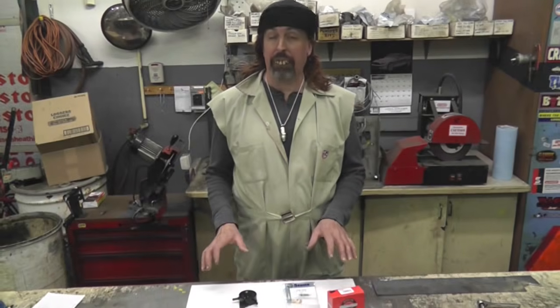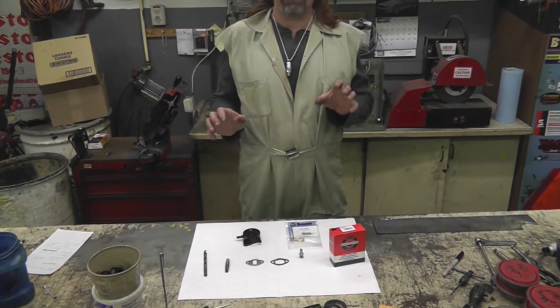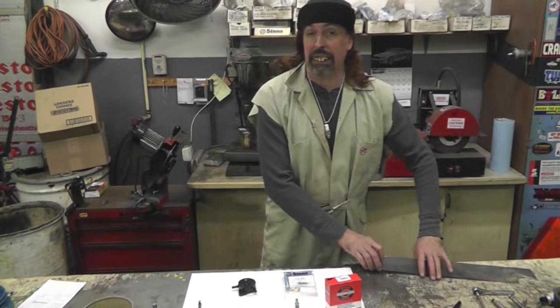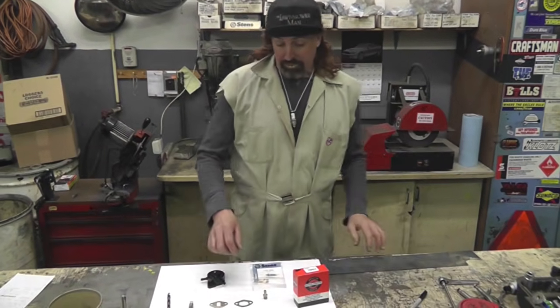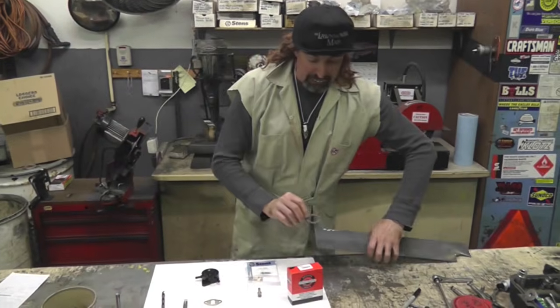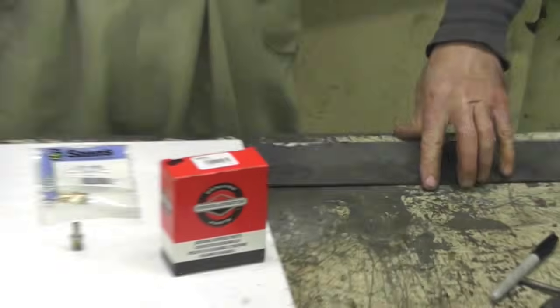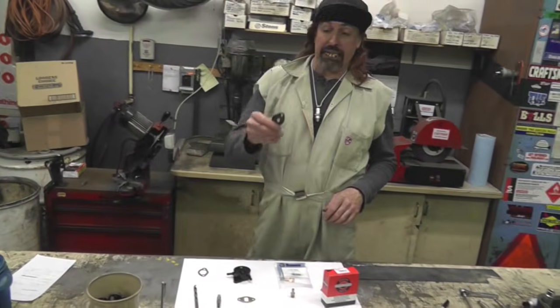Alright, now what you're going to need is some of this stuff here, and I'm going to give you part numbers and everything. Now you're going to have two options on how to do this. If you got some scrap steel laying around, you can make a plate using the fuel pump gasket. Just trace it out and then cut it out of that steel, and I went ahead and did that already. Or